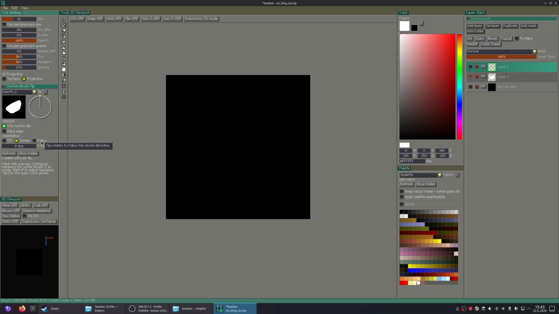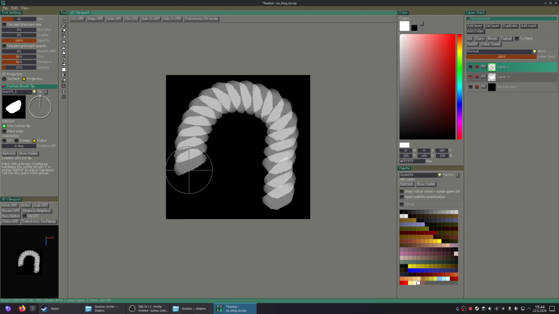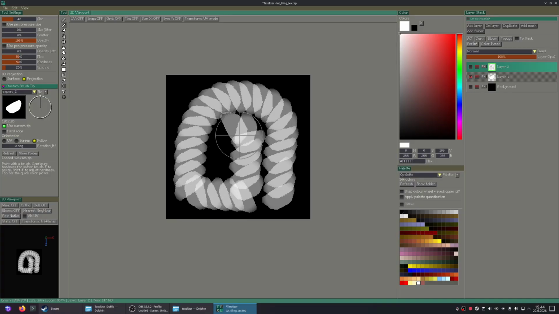And one more thing is this is a new thing, follow orientation for the brush tip. So as it says also the tooltip, it rotates to follow the stroke direction. So let's make sure that rotation jitter is off. And now if you pay attention to this tip, you can see that it rotates to face the direction that I am moving my mouse to.